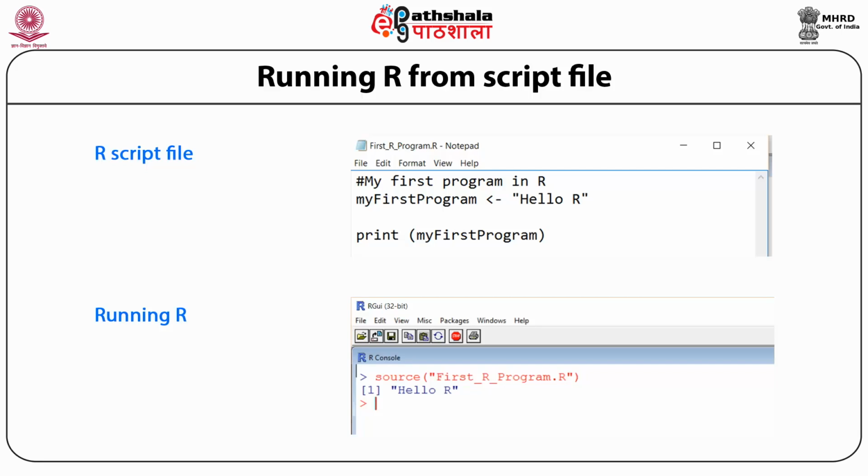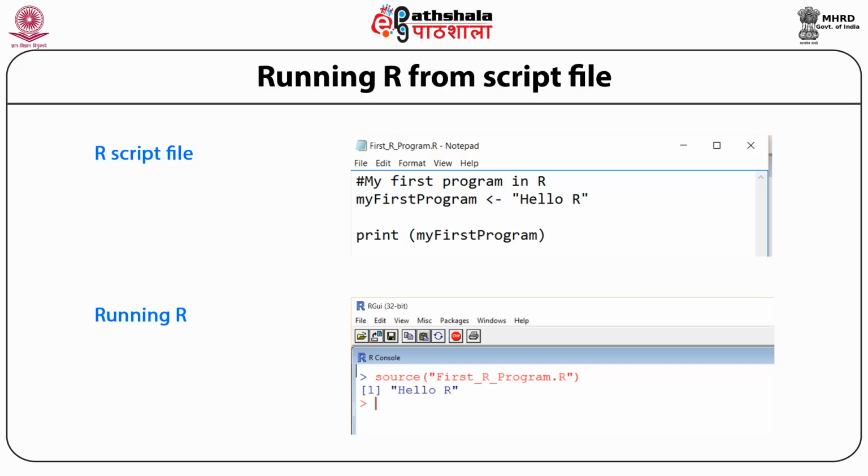Now we should start writing our first program. The first line is hash, my first program in R, and the second line is the object. We assign the object: my_first_program equals "Hello R". We should always take care that any string or alphabet is written inside inverted commas.